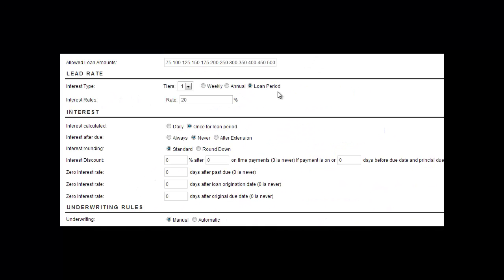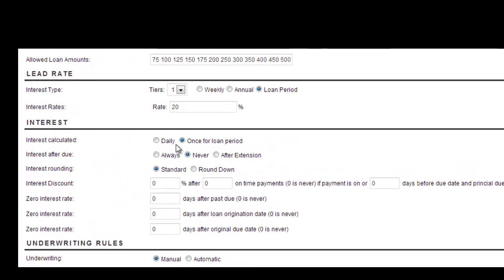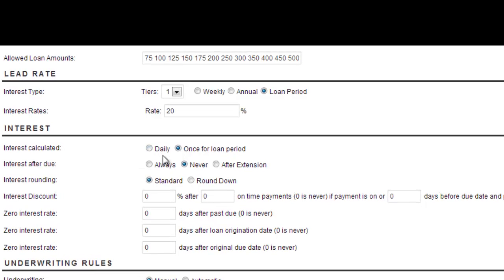First, we will be working with interest calculated. At this point, you must first decide whether or not you are going to apply your interest rate daily or apply it once per loan period. Now, this part is simple, but you need to first choose how and when you're going to apply the interest